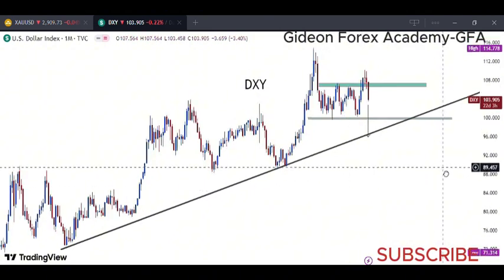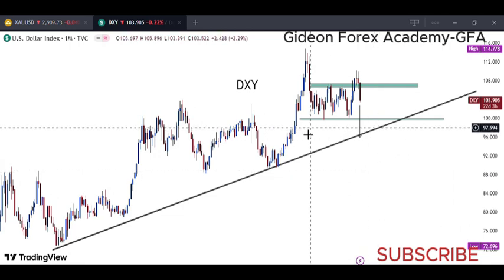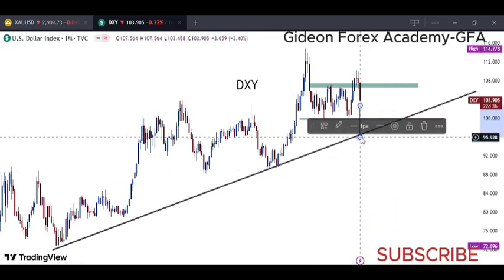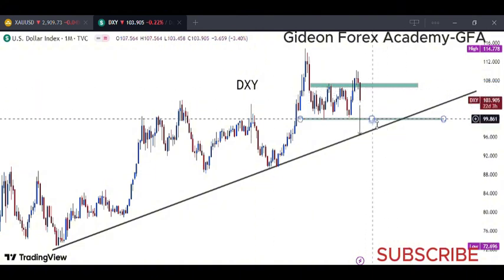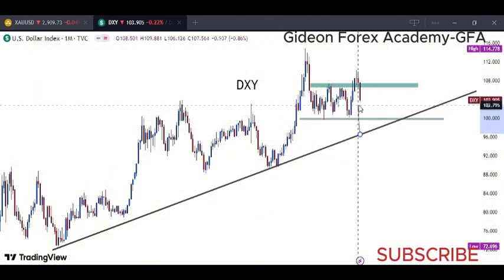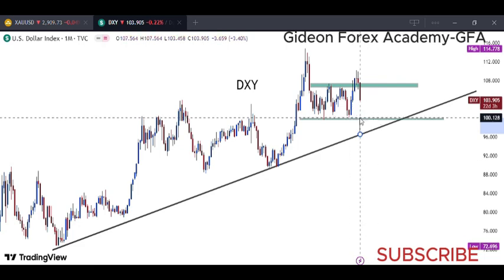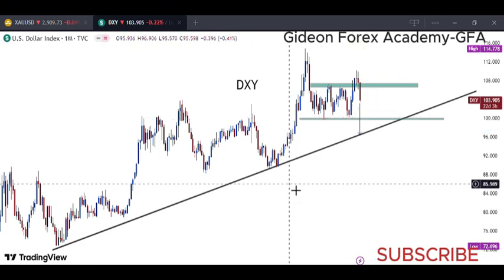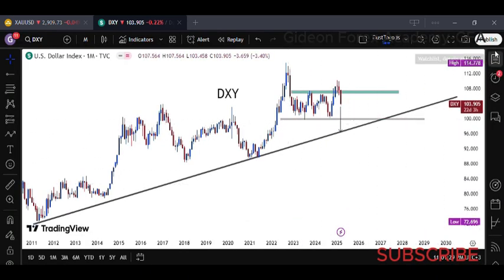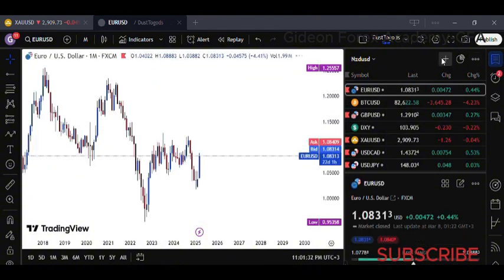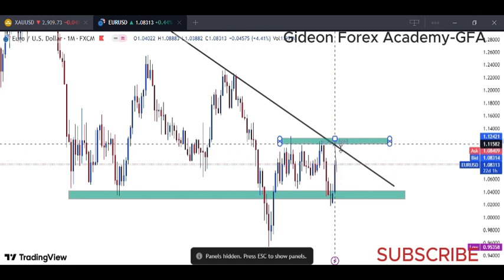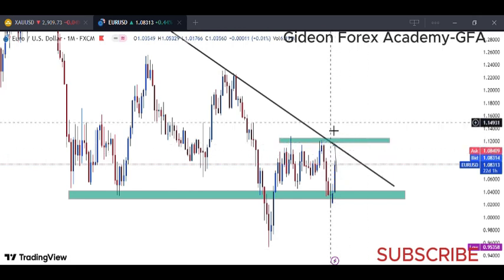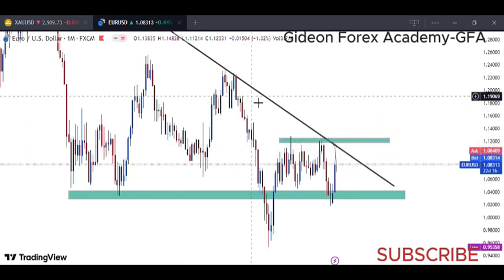All right, so that is the foresight for this coming week. I hope you take advantage. If you are trading DXY, you could actually sell to this point here. You can sell to that point and also buy GBP USD. Back to this is Euro USD. You could buy Euro USD to this point, and should it break above here, you continue buying to that point.